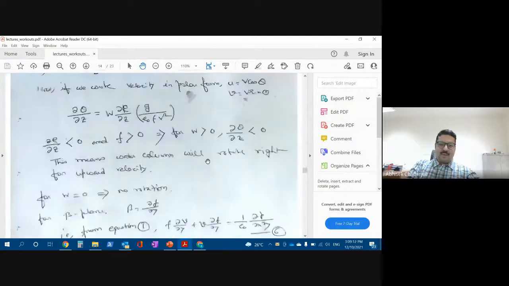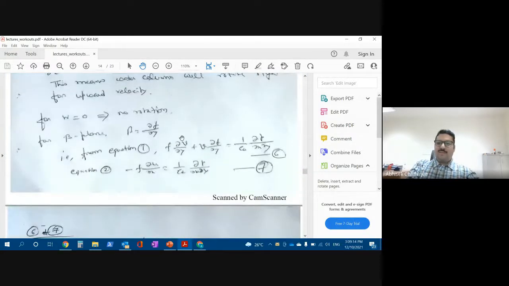Okay. So for a beta plane, when we do the derivative with respect to y, we have to take f del v del y plus v del f del y, equals 1 upon rho naught del p del x del y. We cannot make it 0 anymore. So we have taken the y derivative of the first equation. Now equation 2 will remain the same because del f del x equals 0. It is not changing with x. It is only changing with respect to y. We got this equation. Now add this equation again to get w. Find it out.